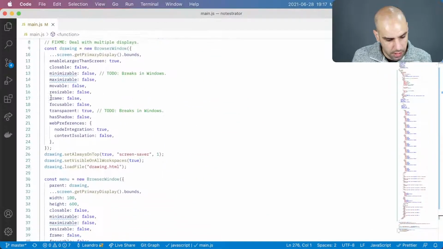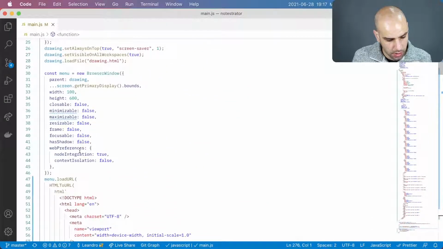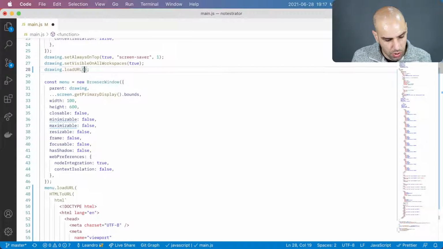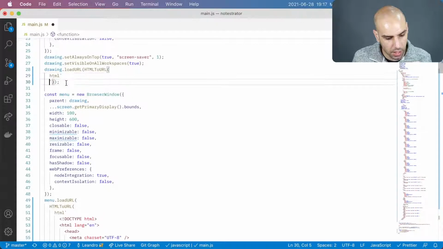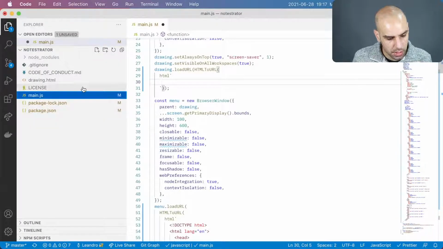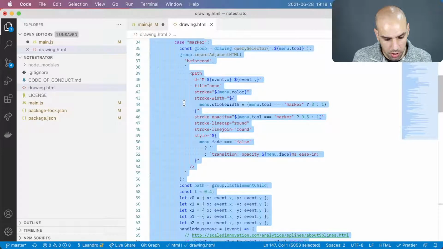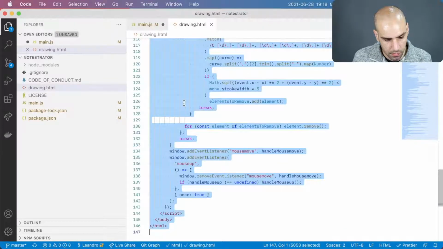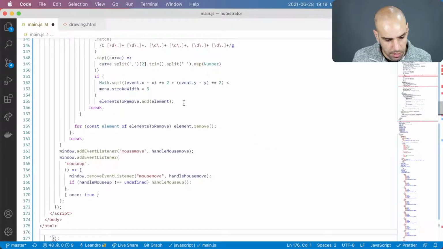Okay, let's repeat this for the drawing. So now it should not be load file, but it should be load URL. And we should use HTML to URL of some HTML that I want to have on a new line specifically. Sometimes having that in a new line helps the Visual Studio Code extensions and everything. So we can just copy this whole file, paste it over here,